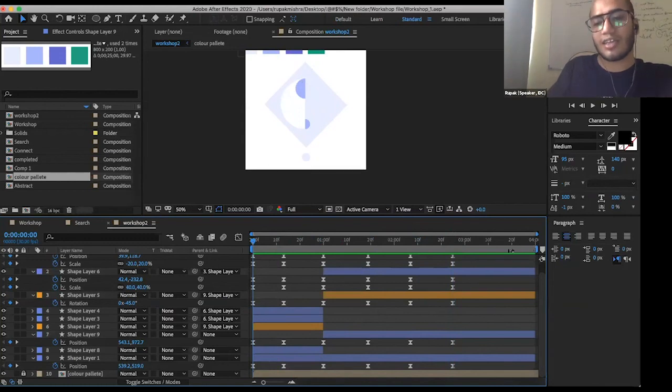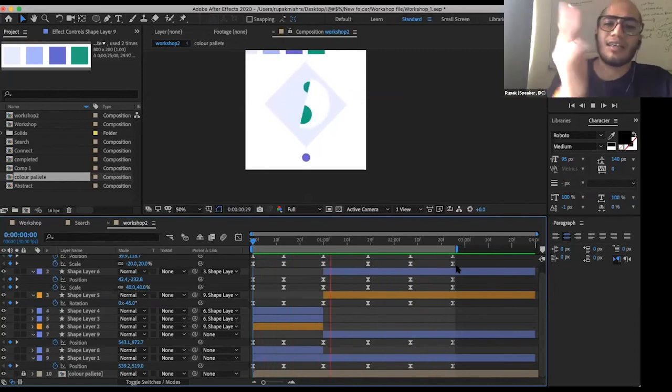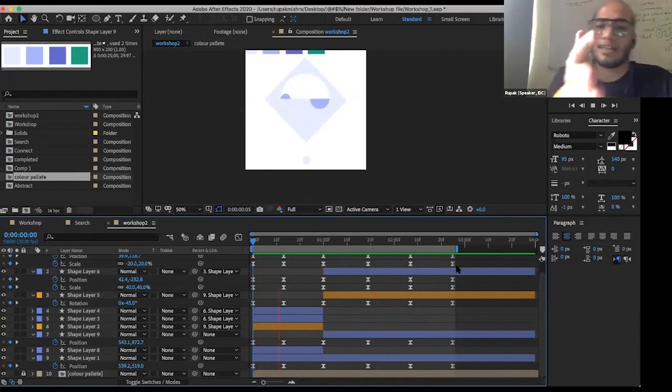Then you can run it as a looping animation. Currently, it will not look like a looping animation because our ending is not the same as the beginning. Once you adjust your ending to be the same as your beginning, with colors and position, everything in the same place, it will look like a continuous loop. Currently, it's stopping abruptly and starting again.